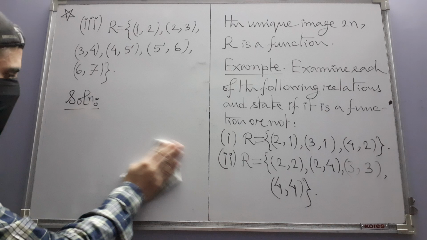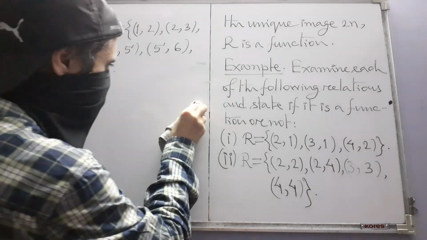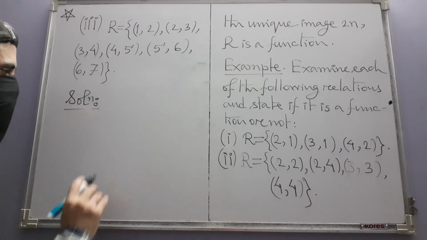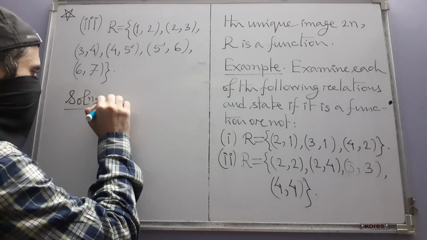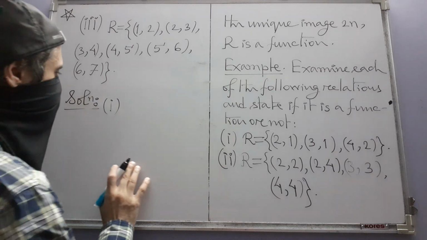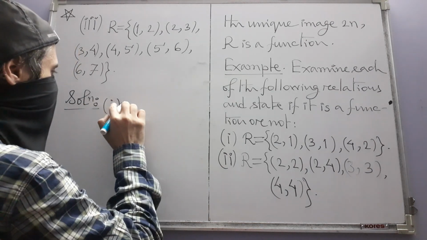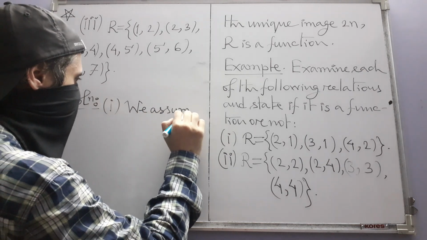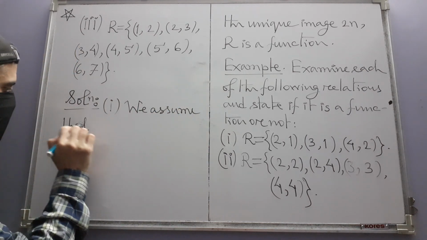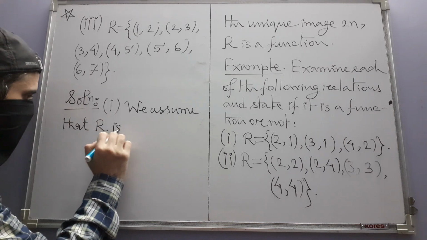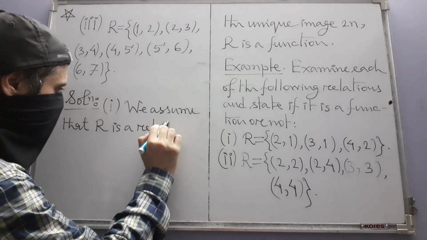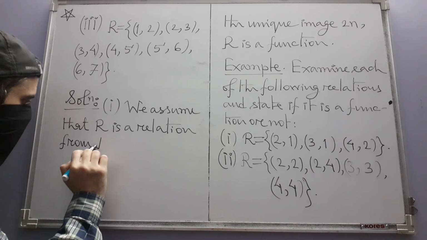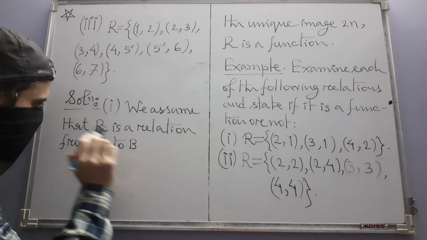What a messy situation. See, this is what happens when the book quality is really not good. Instead, let me just start with the first one. We assume that R is a relation from A to B. Yeah, this way it will be easy to express,